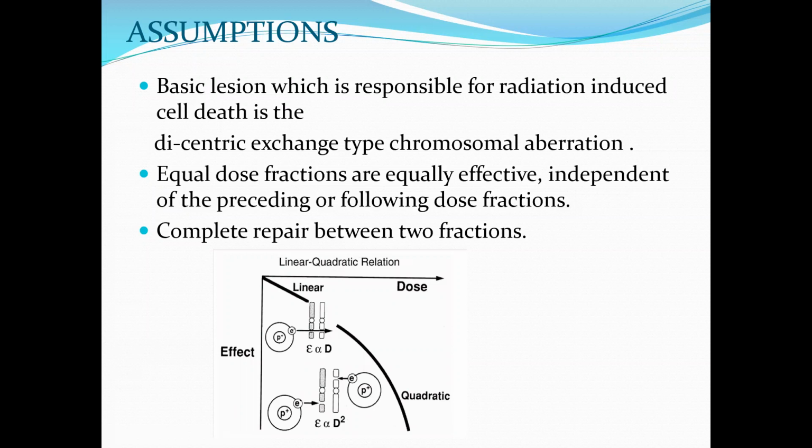Scope of radiation sensitivity or cell kill is higher with which one? Yes, and scope of repair? Correct. So that is why it is proportional to the square of the dose. And this is because of this model, the curve fits.